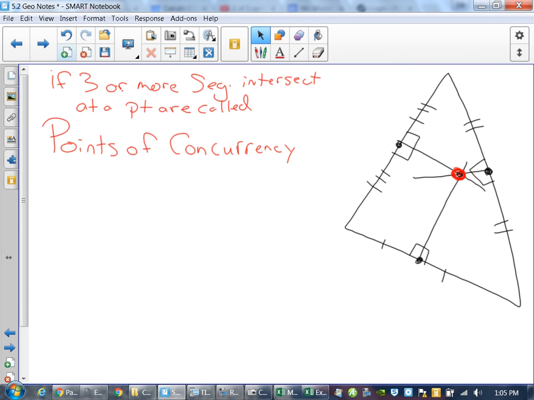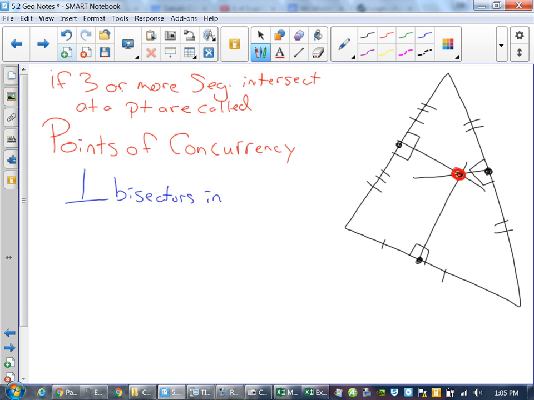So in the perpendicular bisectors, that's this spot right here. There is a fancy thing that happens at that point. When you're at this point called the circumcenter,